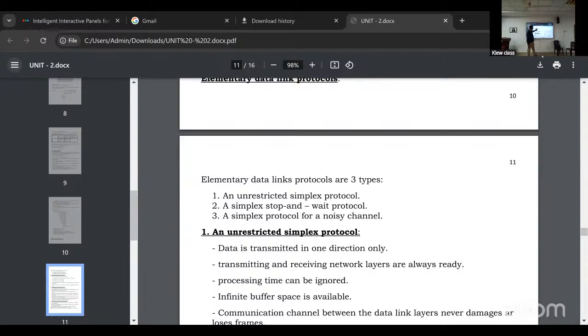See. The pure Aloha versus slotted Aloha. Okay. In this, for slotted Aloha, S equal to G e to the power of minus G, and pure Aloha equal to G e to the power of minus 2G.